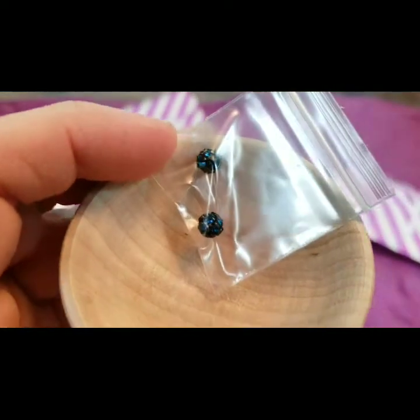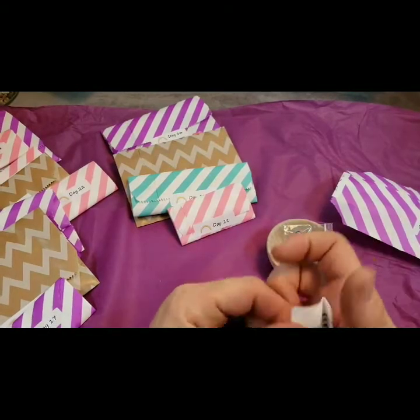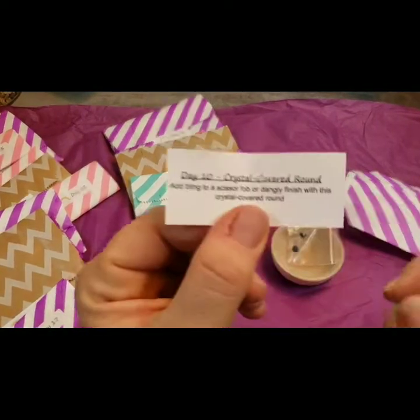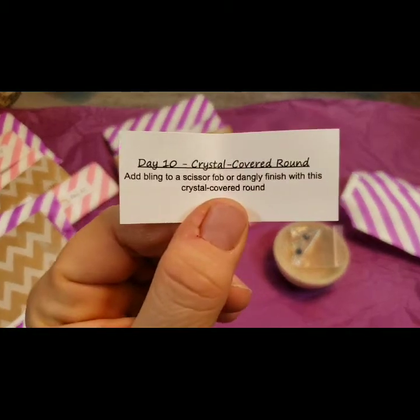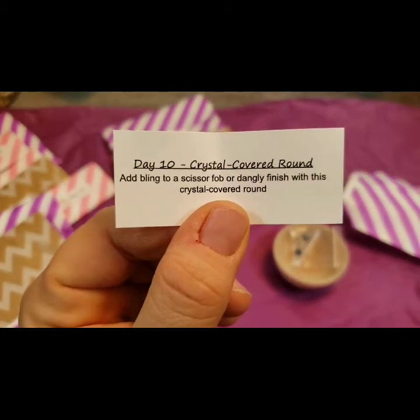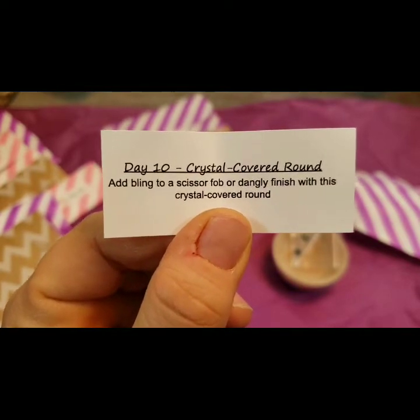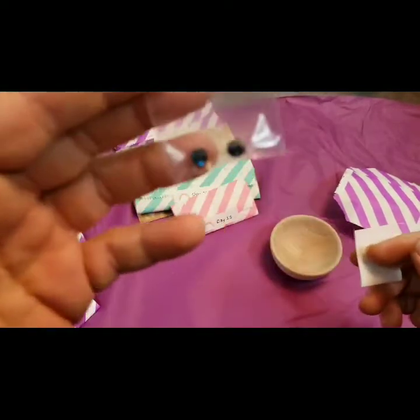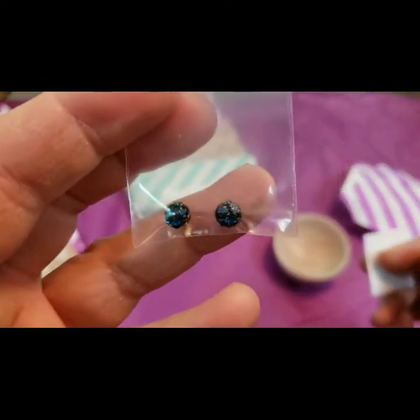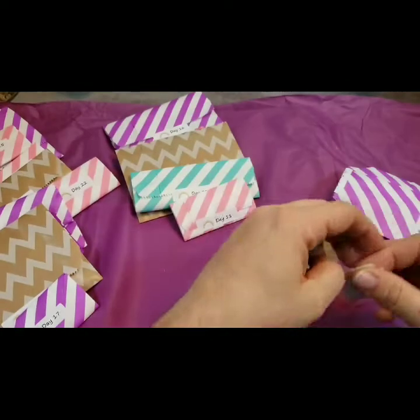So, you have 2 little beads. I'll read the card. Crystal covered rounds. Add bling to a scissor fob or a dangly finish with this crystal covered round. I hate that they only give us 2. It just feels...